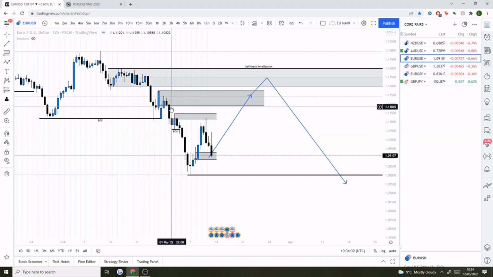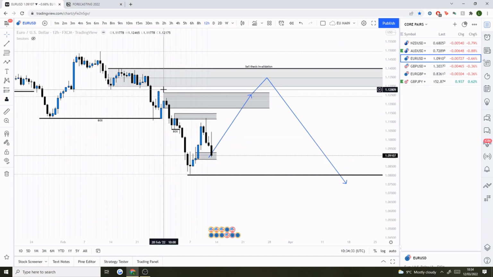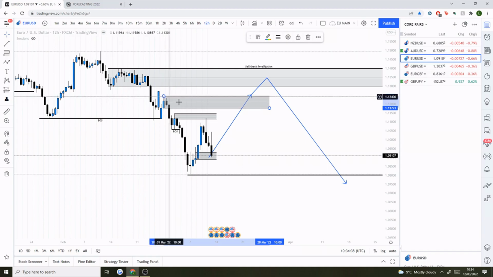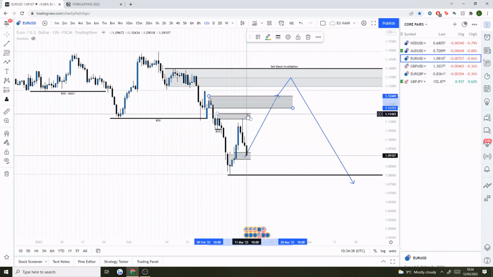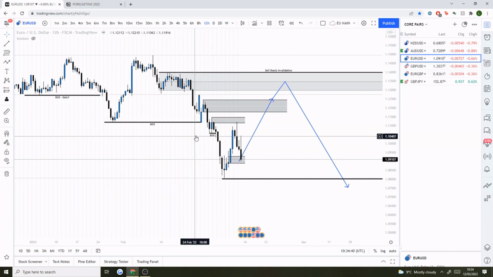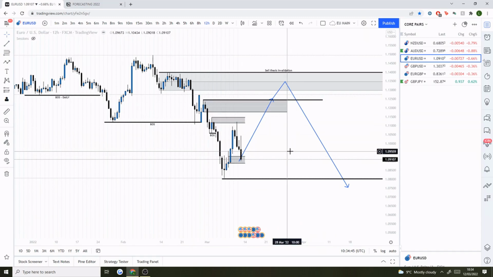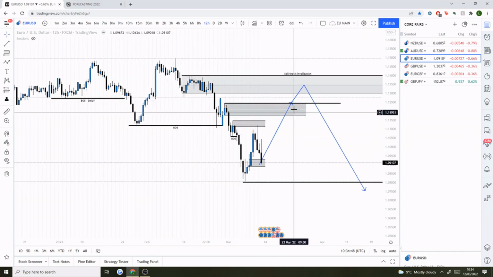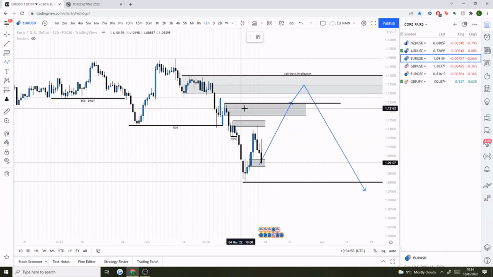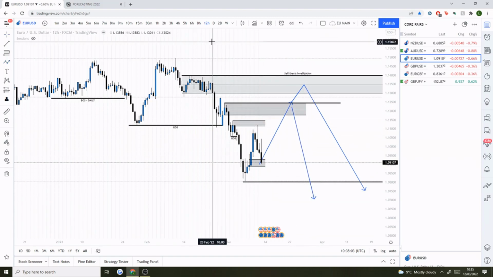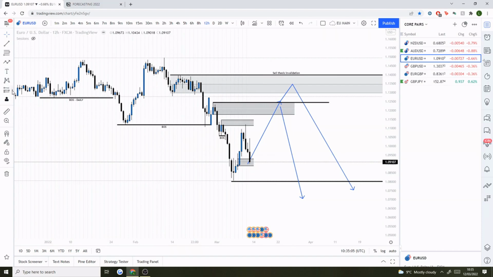So looking at the 12-hour, we've got this supply zone here. This supply zone actually broke the daily structure. So the argument could even be made that the trading range is more relevant from here to here. So considering that, if we do get up into this area, then absolutely it wouldn't be surprising if we just see price start to sell off from there, because that is what actually caused this whole break of structure, and we've got the imbalance there. So this is another clear supply zone within the daily trading range that we could look for sells out of.